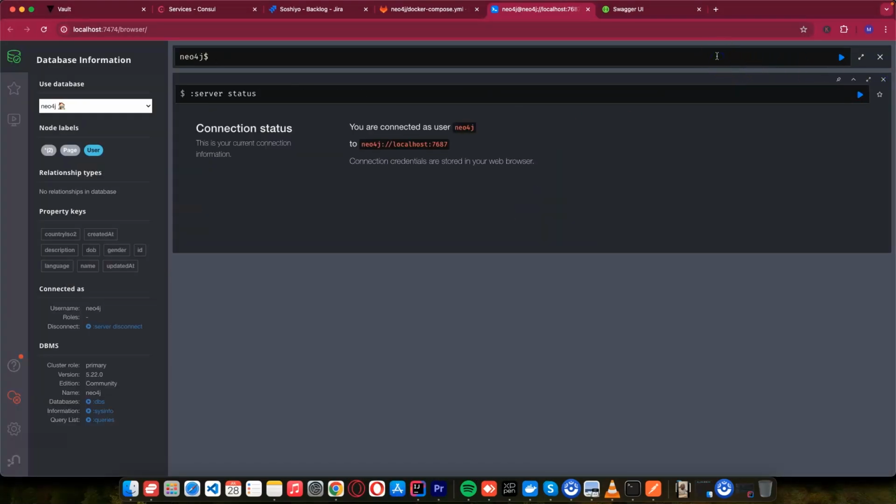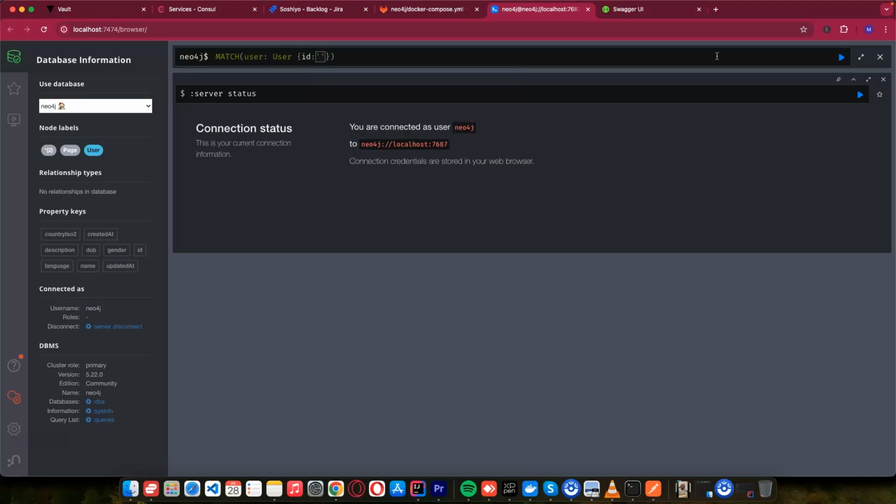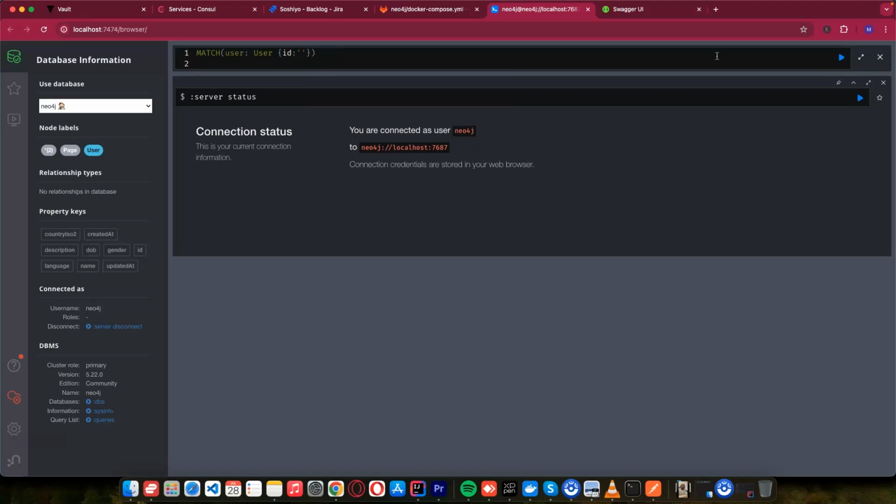So if you are using JPA, you write select, but here we write match. So if you write match here, now we want to fetch a user first, and for a user we just say user, and remember, here we put the curly braces and we just say we want to fetch a user of this ID, right? And we can now return